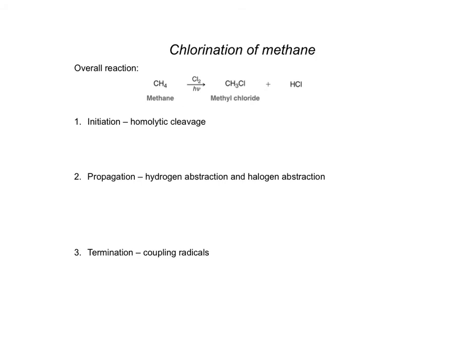Okay, so with that in mind, now that we have the patterns for these radical-based mechanisms, we're actually going to go through the mechanism for our first reaction, which is specifically the chlorination of methane. So in this reaction, our overall reaction, we're going to take methane, react it with chlorine in the presence of light, and the product overall we're going to get is our